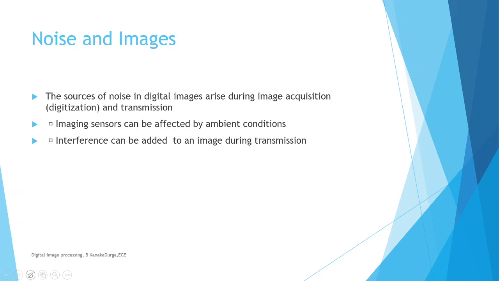We apply a technique, do the analysis of how it has been degraded, and apply the reverse process on it. When you transmit images through the medium, sometimes the images are hit by some type of signals. When they are hit by other types of signals, they lose their characteristics.